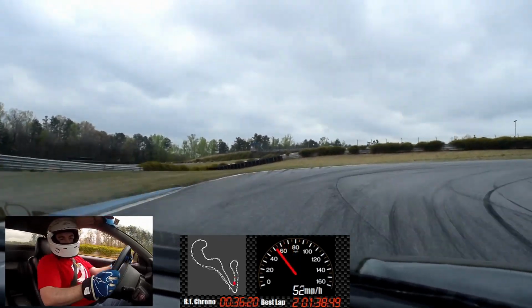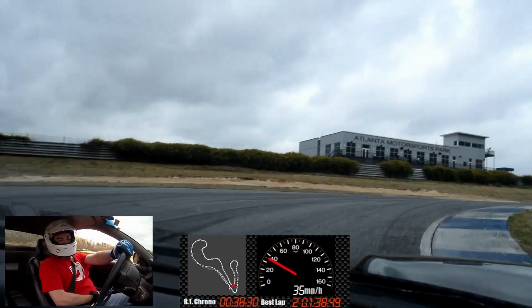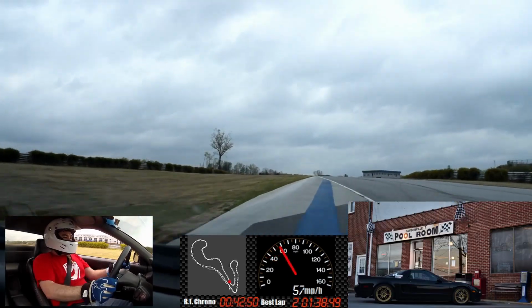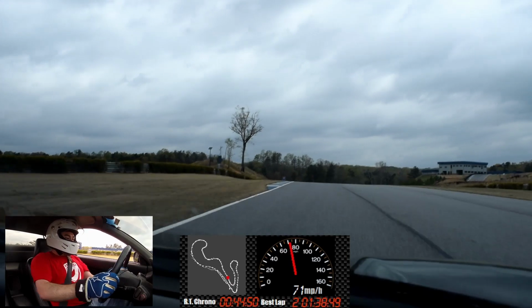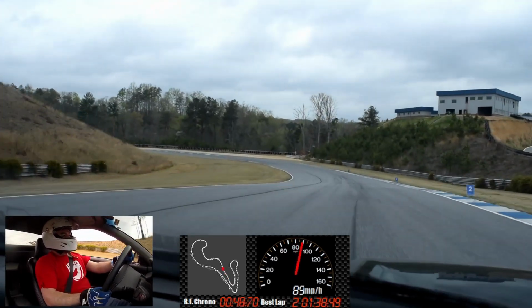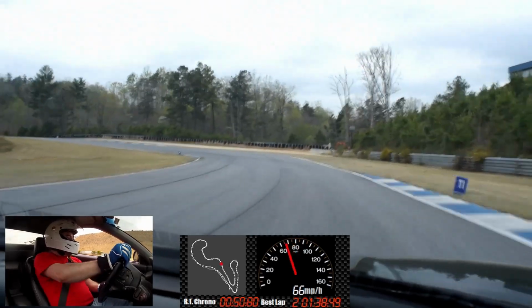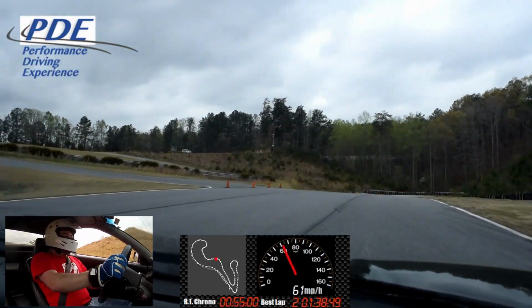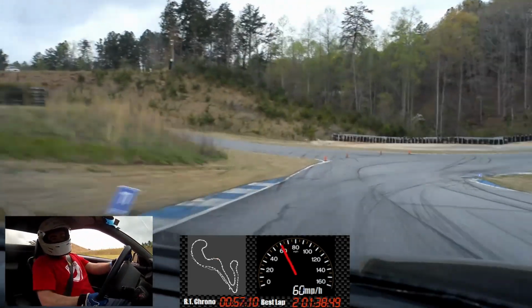It's a fun track. Like I said, it is a bit of a roller coaster. It's both fast in parts and technical in parts. So it's really a fun ride. Can definitely recommend it. I visited there with Performance Driving Experience a couple of years ago, and I think what I learned from the trip as far as